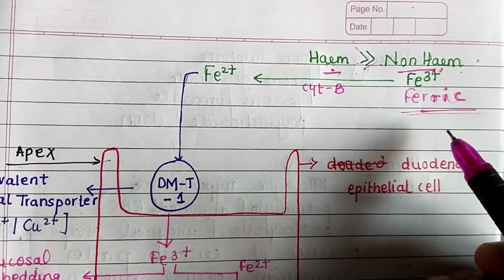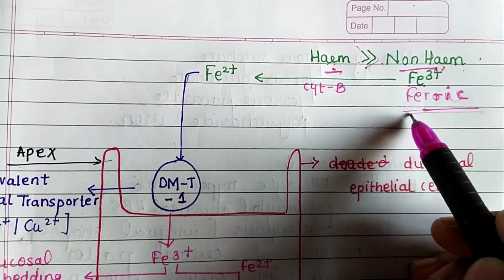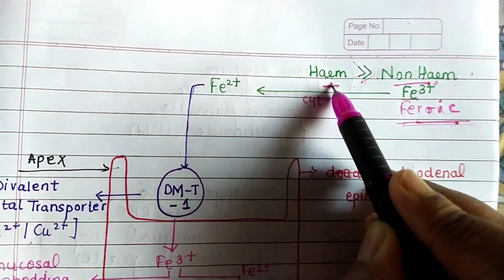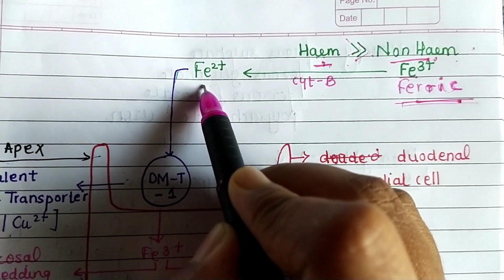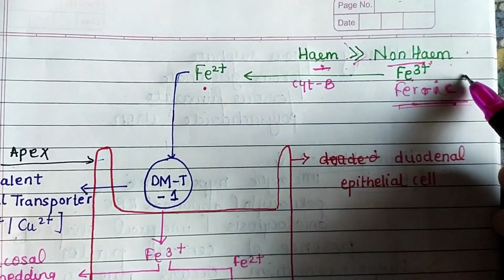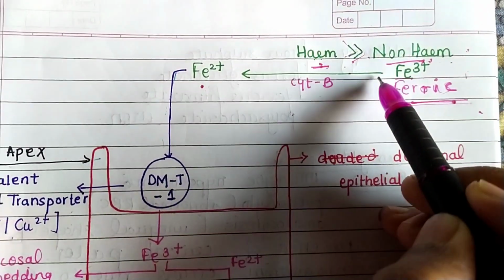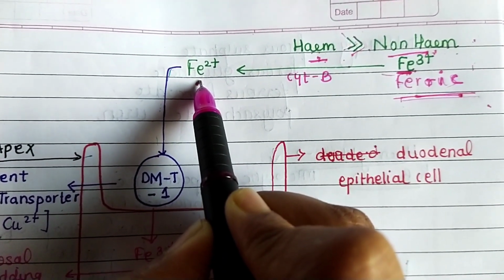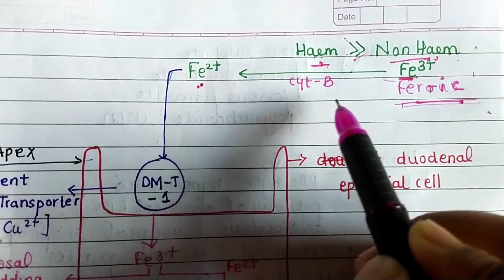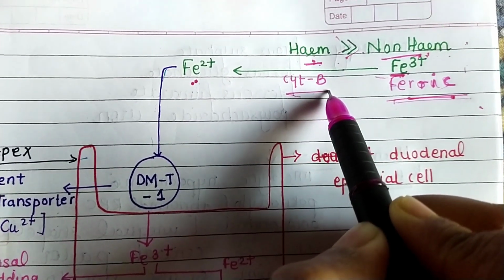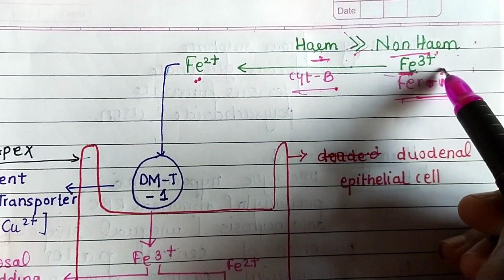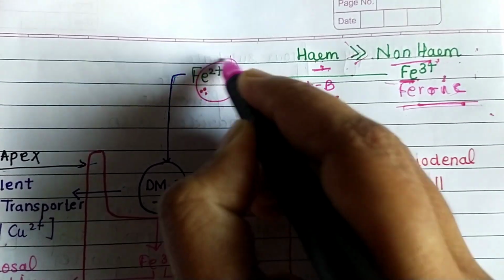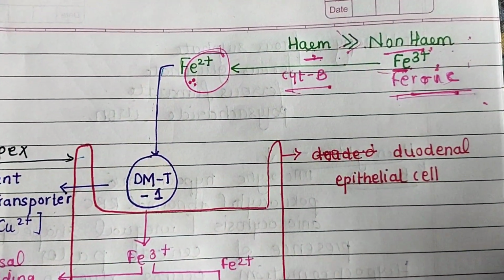So what is the non-heme part? It is the ferric iron which is present in the non-heme part. And the heme part is nothing but the ferrous state. So the heme is the ferrous state and non-heme is the ferric state. Now this ferric iron is converted to ferrous iron by an enzyme called cytochrome B. So this cytochrome B converts the ferric iron into its ferrous state. Once the iron is converted into its ferrous state,